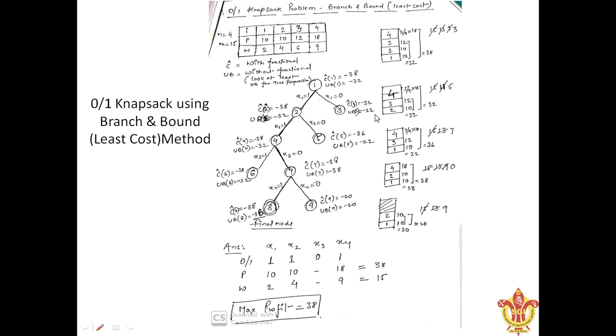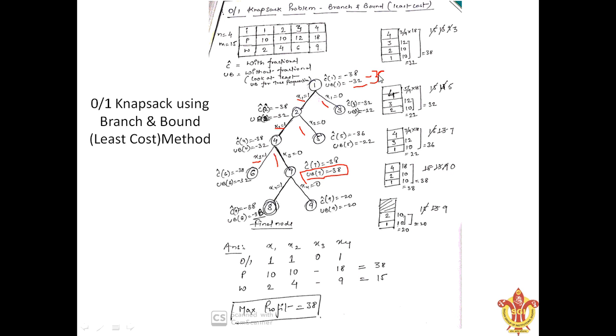See what is happening. Initially the upper bound is 32. Now why are we getting it here itself? Because we are dealing with all the upper bounds which we took earlier, including 1, including 2, and including 3. This is the third node, this is the second node, and this is the first node by including, and this is by excluding. Now where will I have to move? For that we'll have to change the upper bound. The upper bound we are getting here is minus 38, so it will become minus 38.